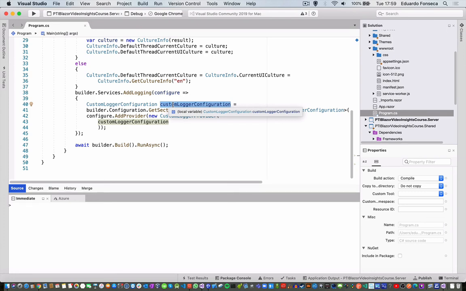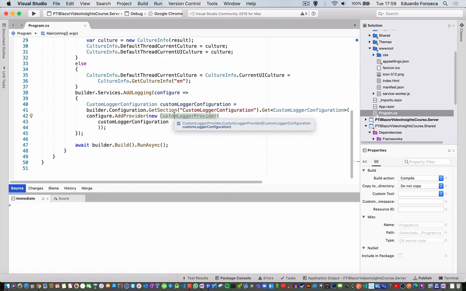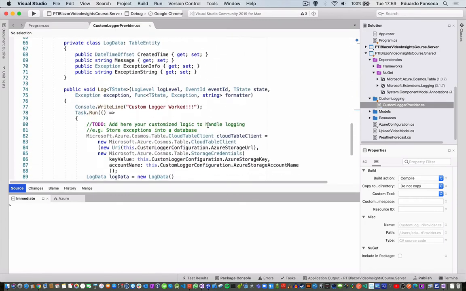And that basically is what makes our WebAssembly portion of the code support the global exception handling. So any error that happens, the way we have it implemented right now, we are going to have that stored in an Azure